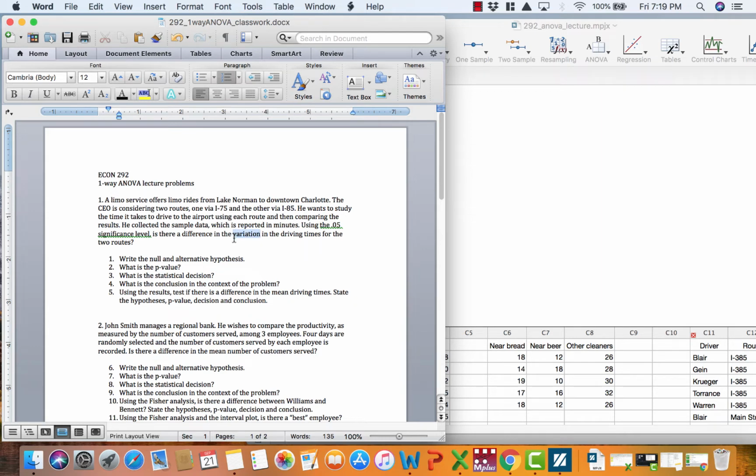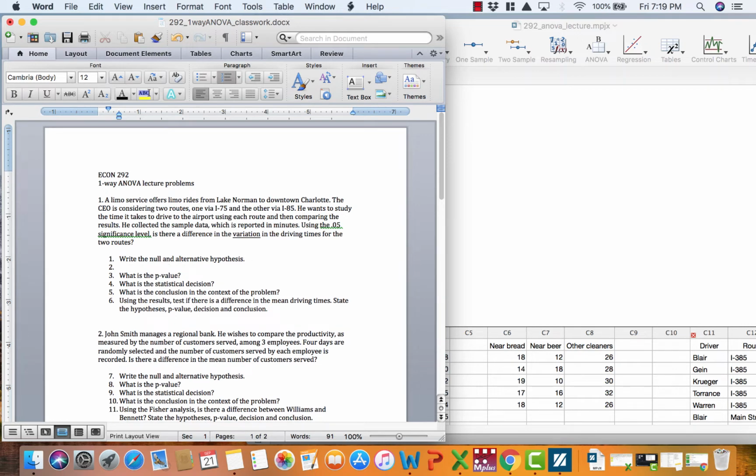All right, that's your key word right there, variation. That tells us that this is an F test for variances. So what's our null and alternative going to be? We just want to test if there's a difference. So we're going to have,